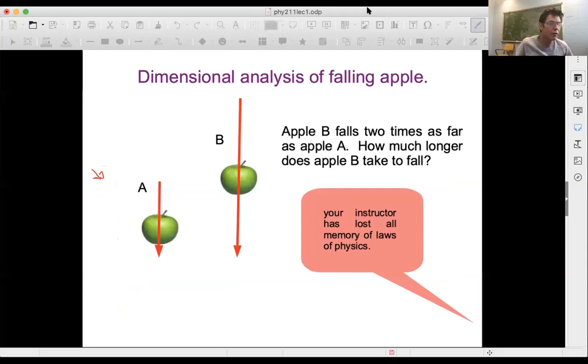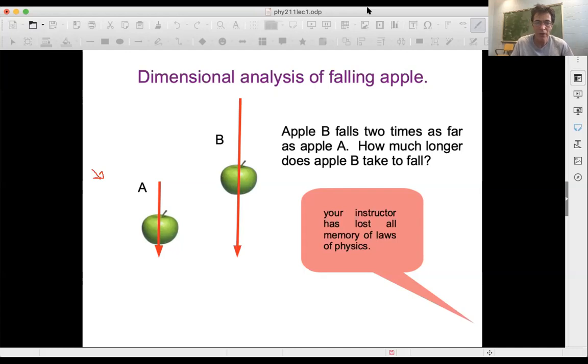Okay, I want to look at another example of dimensional analysis. Actually a third example, because I already did two examples. I did kinetic energy and I did linear momentum. This is a little more complicated, but I think it's a really interesting, kind of cute example where you can learn some interesting physics just by thinking about